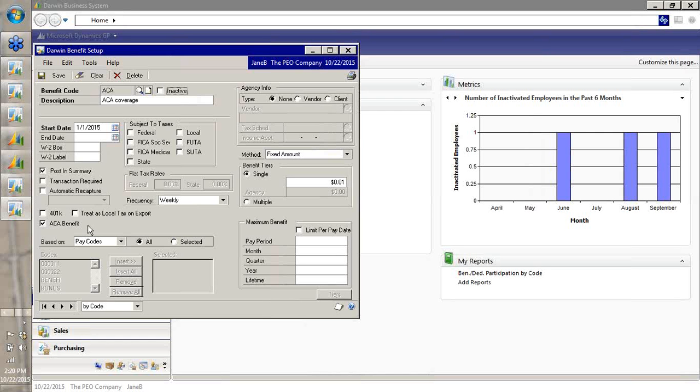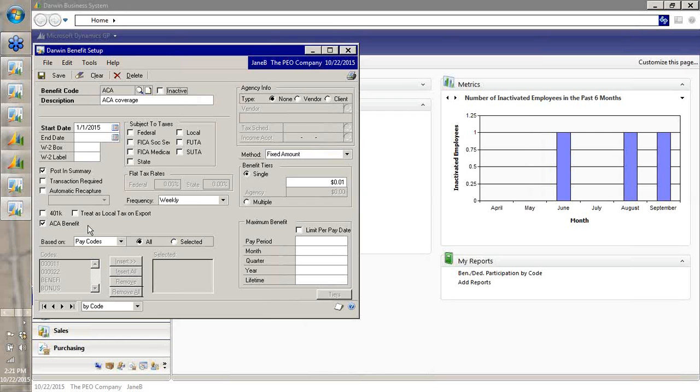It is just on the benefit side for the simple fact that we considered a majority of the clients are going to have benefits out there, so we put it on the benefit side and marked it there, especially if you're going to create a separate code. You don't want that showing up on a deduction because that may confuse employees. So the benefit has to be assigned to the employee in order for the system to consider that employee as having coverage. One thing it will do, and we'll talk about this in just a minute or two when we get out to the process and the employee